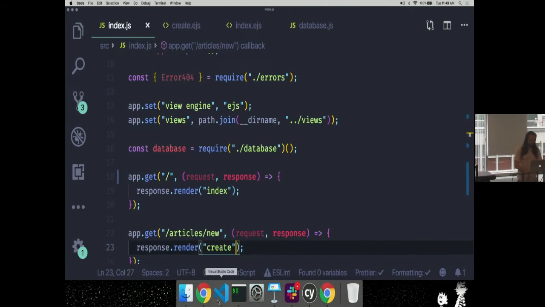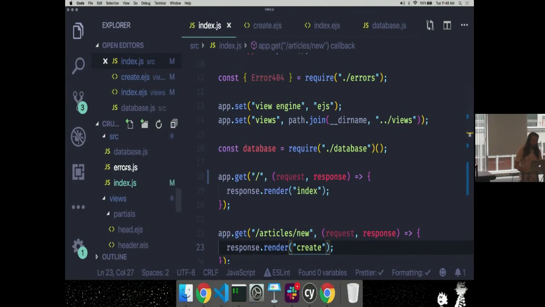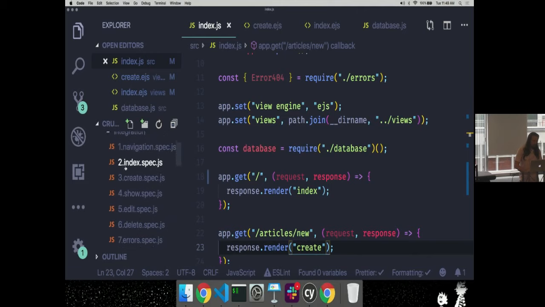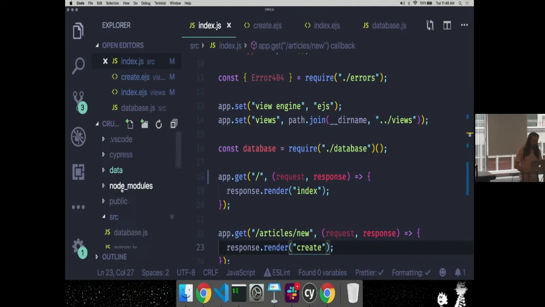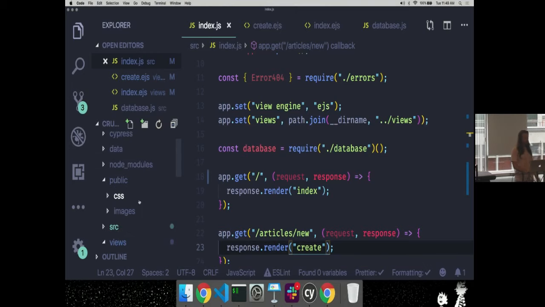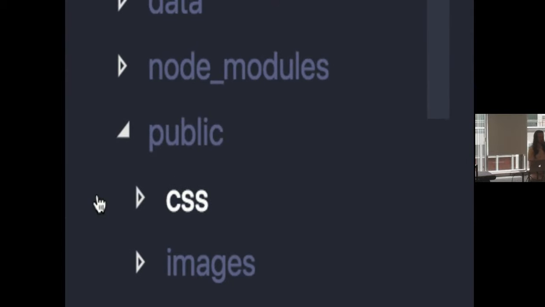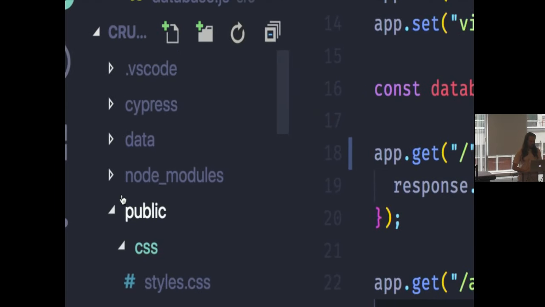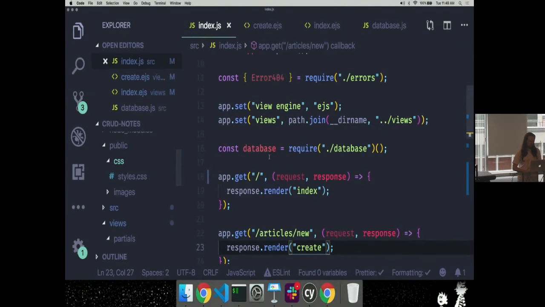I've put all of the files that I want to be able to serve like that inside the public directory here. So the public directory holds files that I want the web server to be able to serve, other than HTML in this case. I mean, you can put HTML in here, but we're doing HTML through EJS. So these happen to just be our styles that we want to be able to serve.